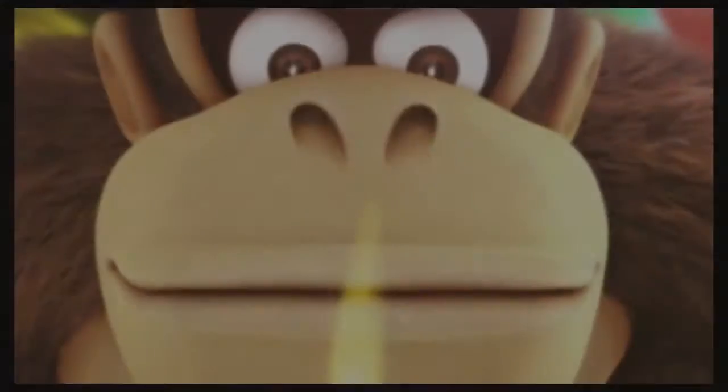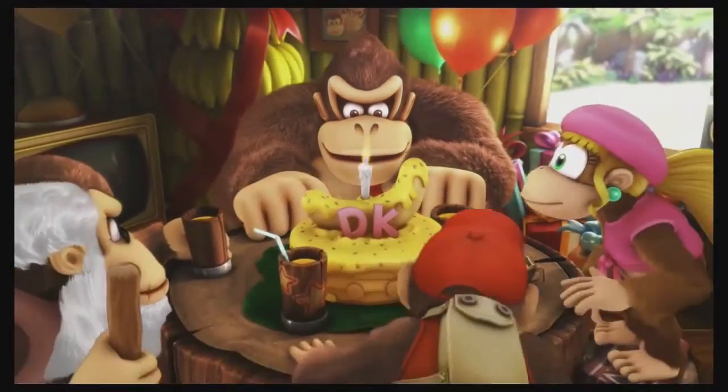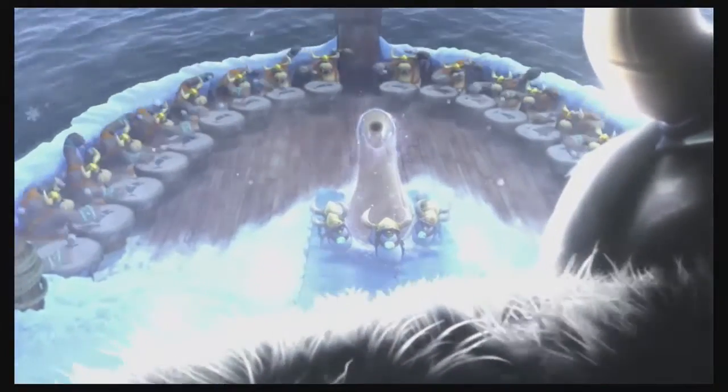Firstly, let's just go over the story for the game. So, it's Donkey Kong's birthday. He's celebrating, of course, with a banana. Unbeknownst to him, an evil tribe of snowmads